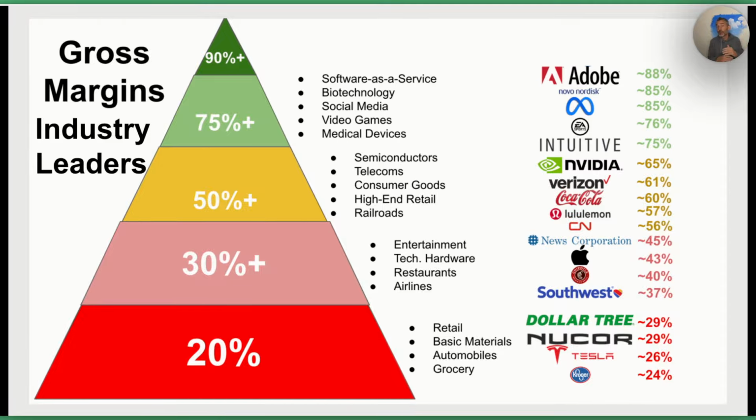And then we get into the rarefied air, companies that really have a wide moat and low input costs, like software as a service, like social media. And then the cream of the crop are marketplaces like booking.com that have a 93% gross margin, and payment services like MasterCard that can even have 100% gross margin. So take a moment, take a screenshot of this so that you get it and can use it in the